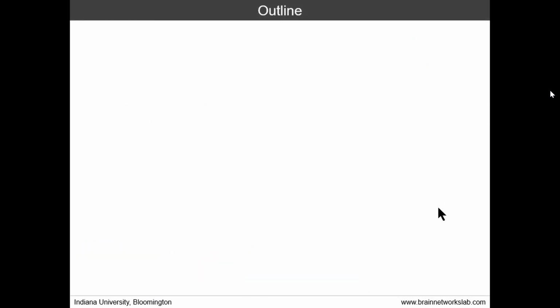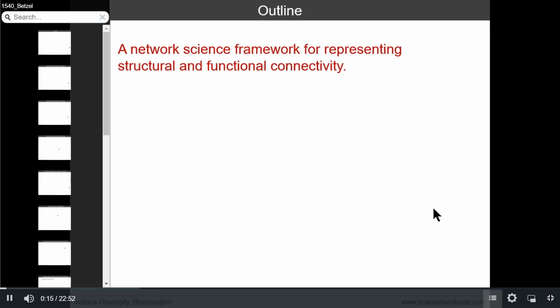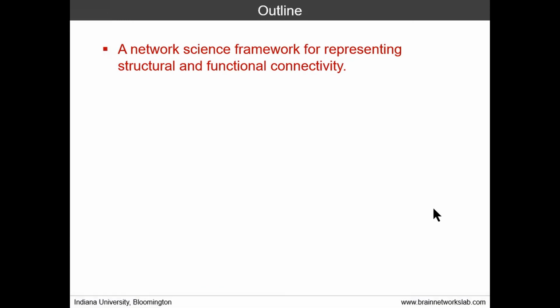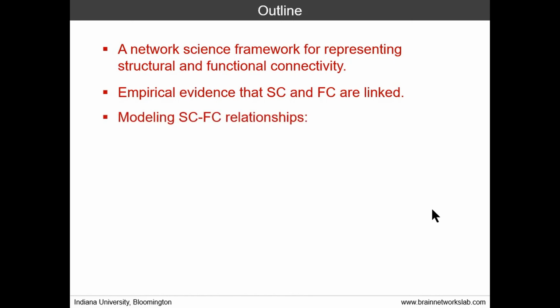My talk's broadly going to follow this outline. I'll start with a network science framework for representing structural and functional connectivity. I'll tell you a little bit about that. I'll present some empirical evidence that these two network modalities should be linked to one another and are in fact linked. And I'll get into the guts of the talk at this point, describing several modeling approaches for trying to